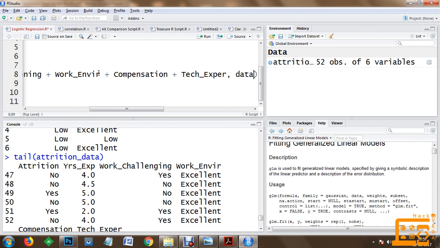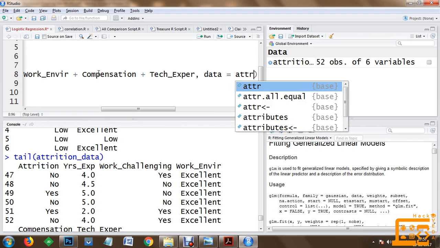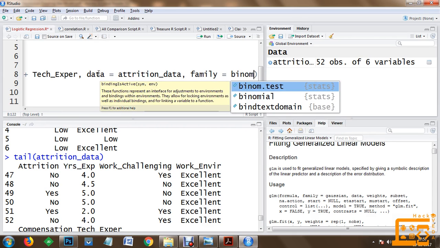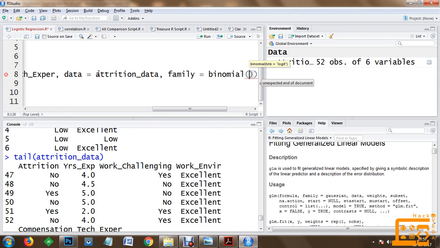So these are the independent variables available in our data set. Now we are going to specify the data information, and the data which we will be taking is attrition data. Apart from this, we have to specify the family. Since our response variable is binary, we are going to use the binomial family. Within this binomial family, we have to specify the link, and the link information will be logit.